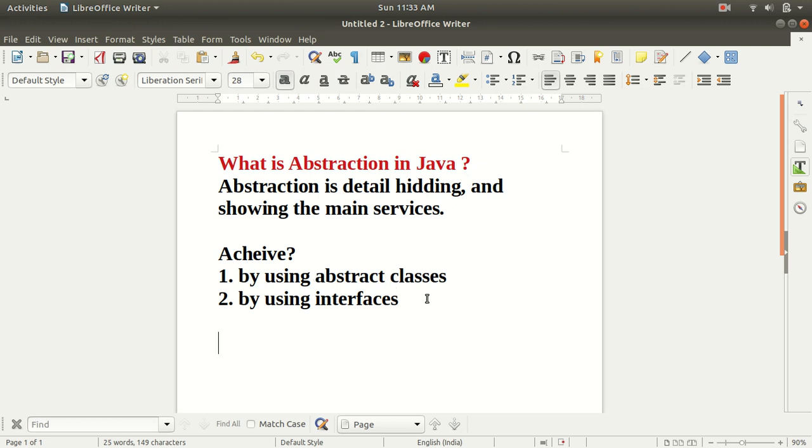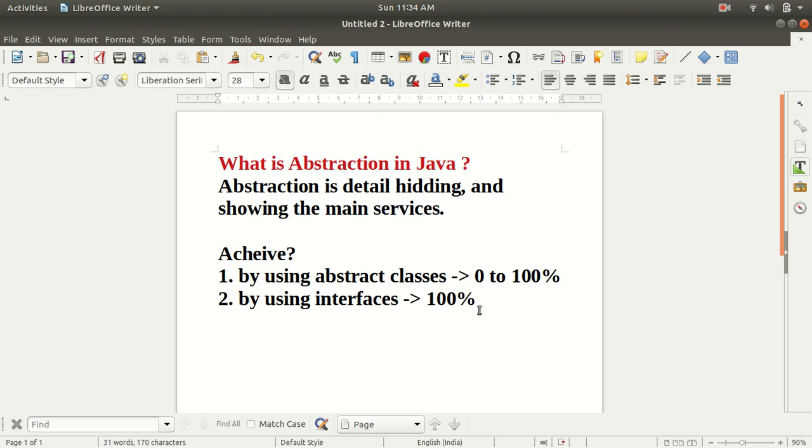Okay, so guys, remember, with the help of interfaces we can achieve 100% abstraction, and with the help of an abstract class we can achieve 0 to 100% of abstraction.